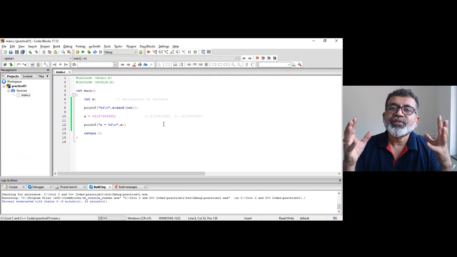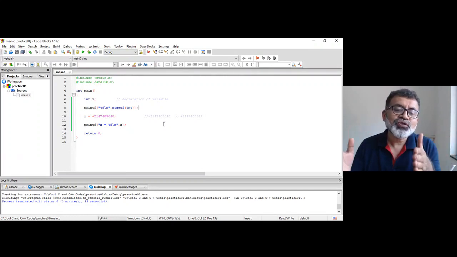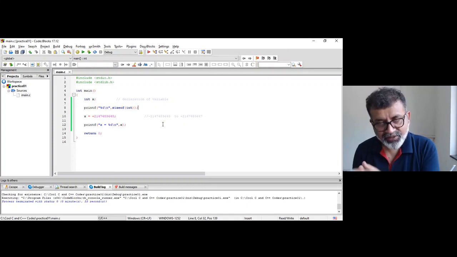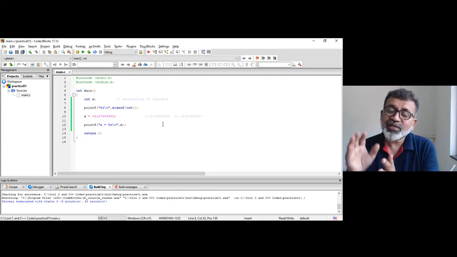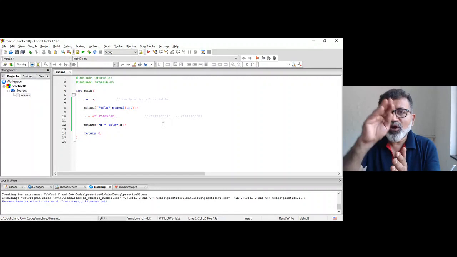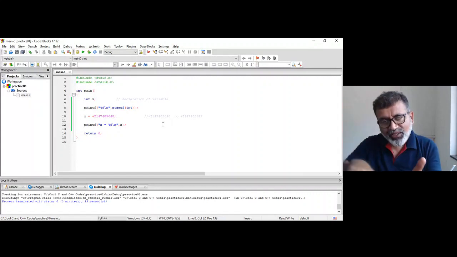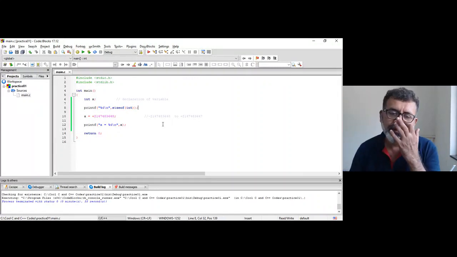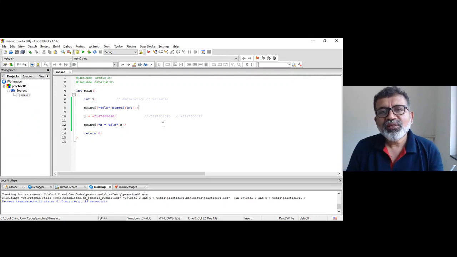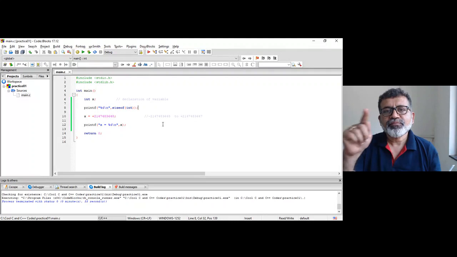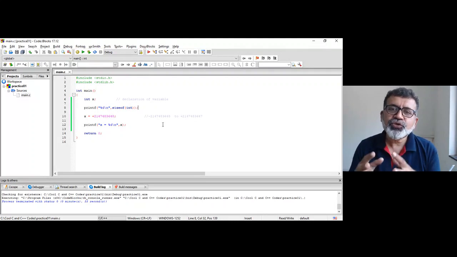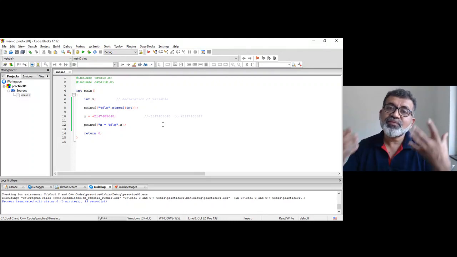So the maximum number it can store is plus 2147483647. That is the maximum limit. Beyond that, it goes on the other side of that circle, and it gives you the negative number at that end.